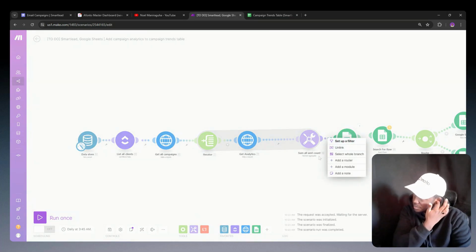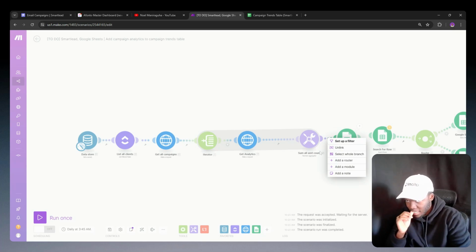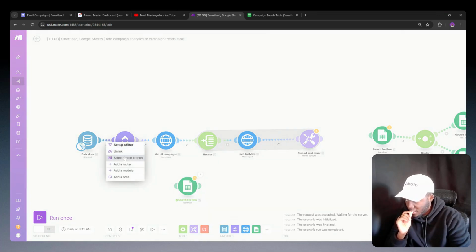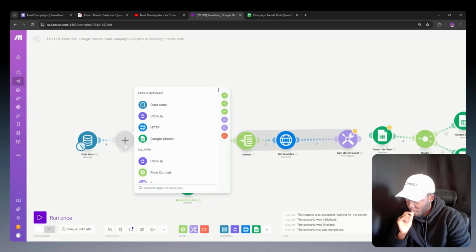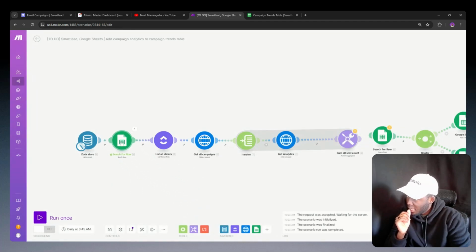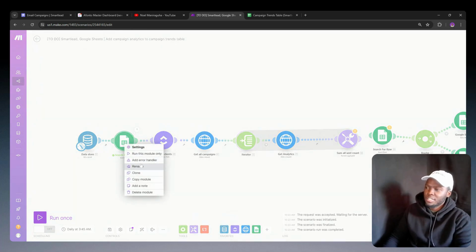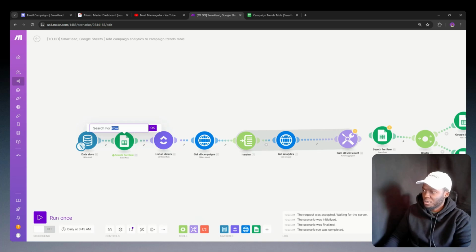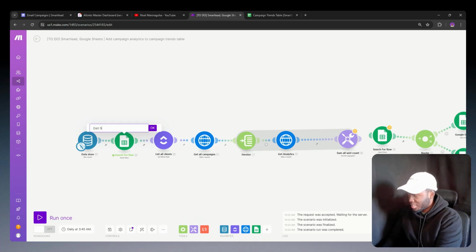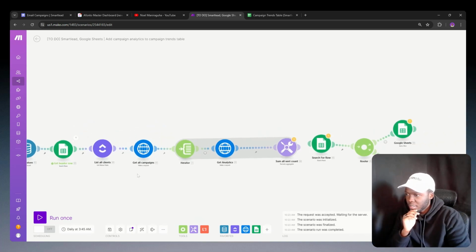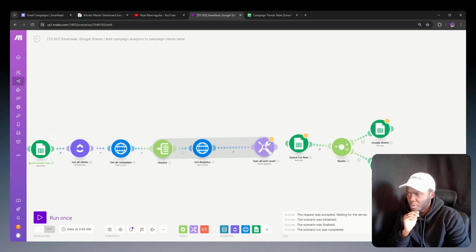Though to be fair, yeah, nah, we want to save some operations, and so we're going to add it here. We're going to add it here so that we can reference it later. We just don't want it to constantly go off for every single client because we don't actually need to do that. So get header row, and then list all clients, get all campaigns,